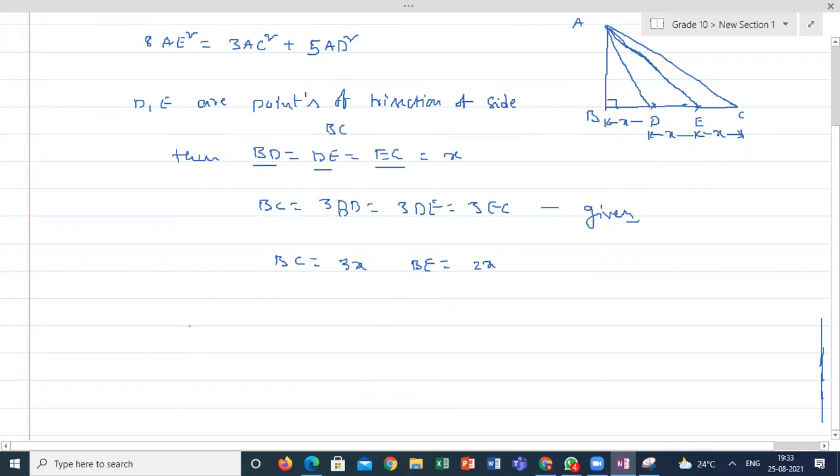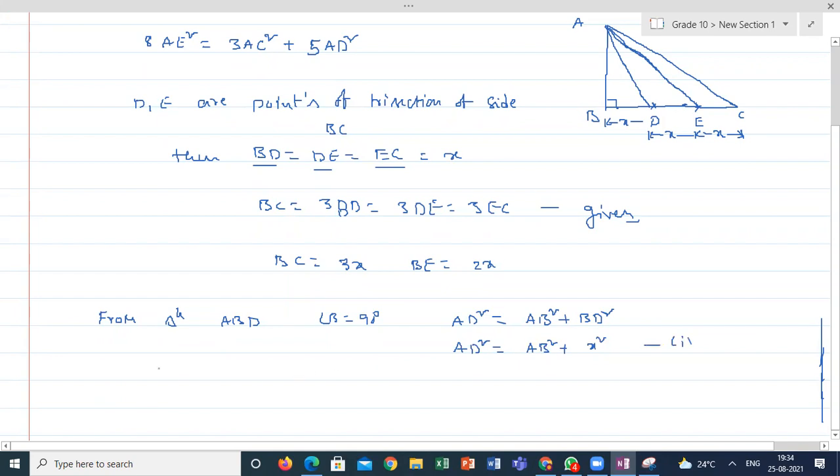And now I'm taking the 3 right angle triangles. First, right angle triangle ABD I am taking. From triangle ABD, right angle at B, what is the Pythagoras theorem equation here? I can write AD square is equal to AB square plus BD square. Am I right, guys? Students, am I right? This can be written as AD square is equal to AB square plus X square. This is my first equation.